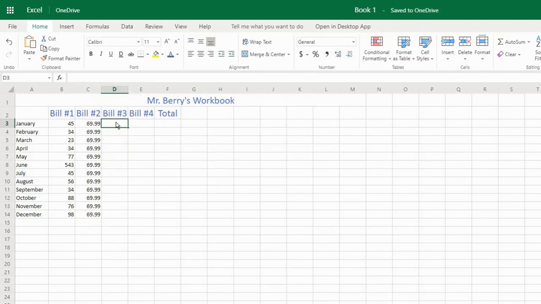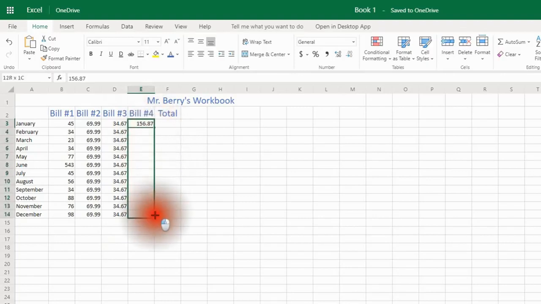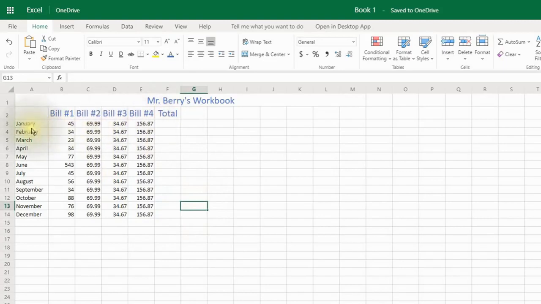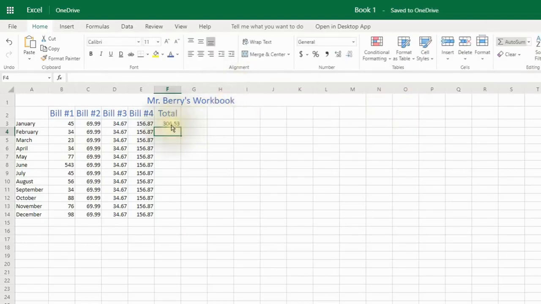Let's do another bill. Let's say my electric bill per month there. Let's drag that down. And let's say I have my water bill. Living in California, your water bill is a little bit high. So there we go, it's about the same. And now, let's say you want the total for each month for these 4 different bills. What you gotta do is click on the cell where you want the total to be, click on auto sum, hit the enter key once, and it gives you the total.